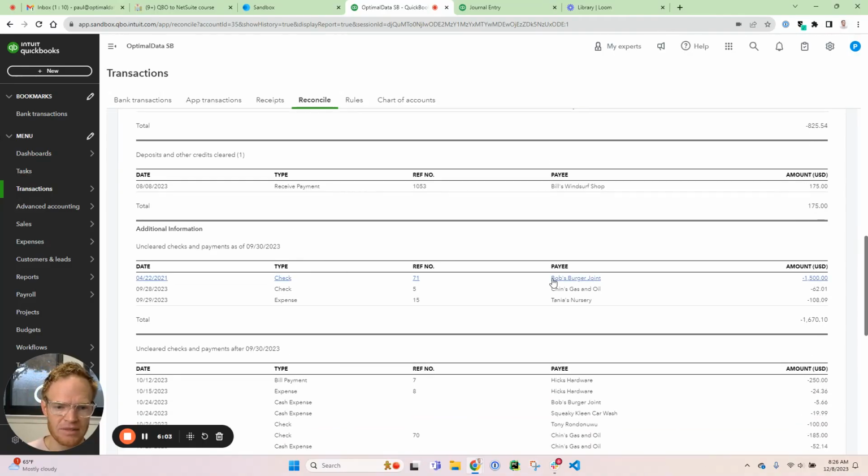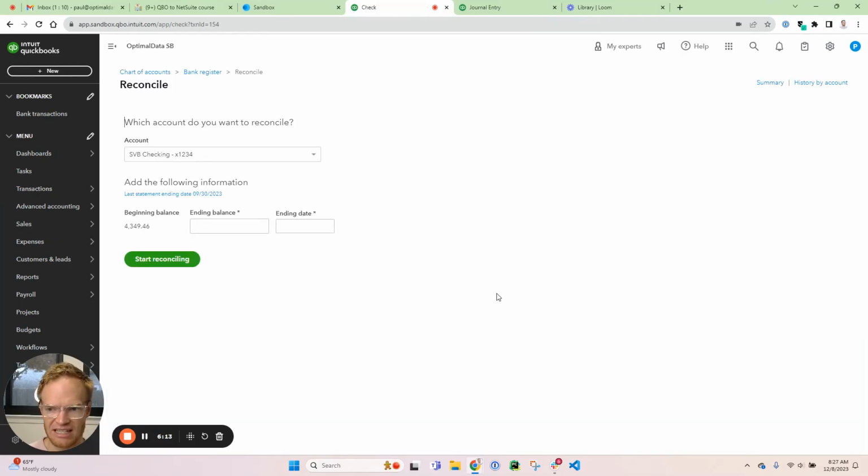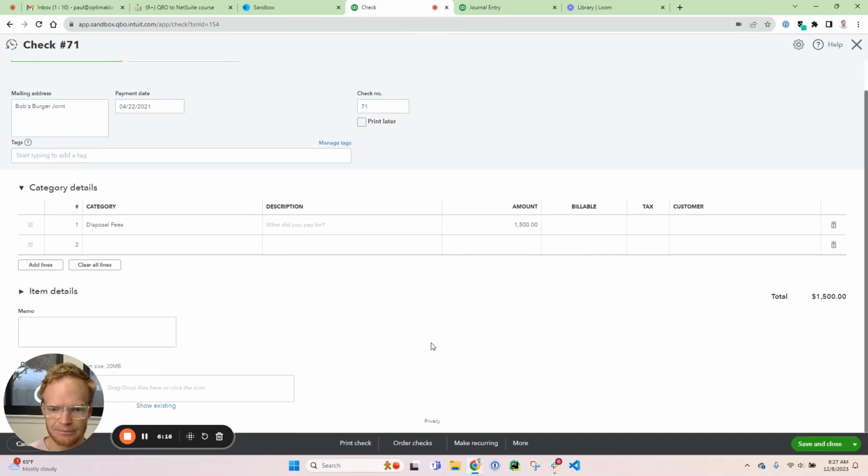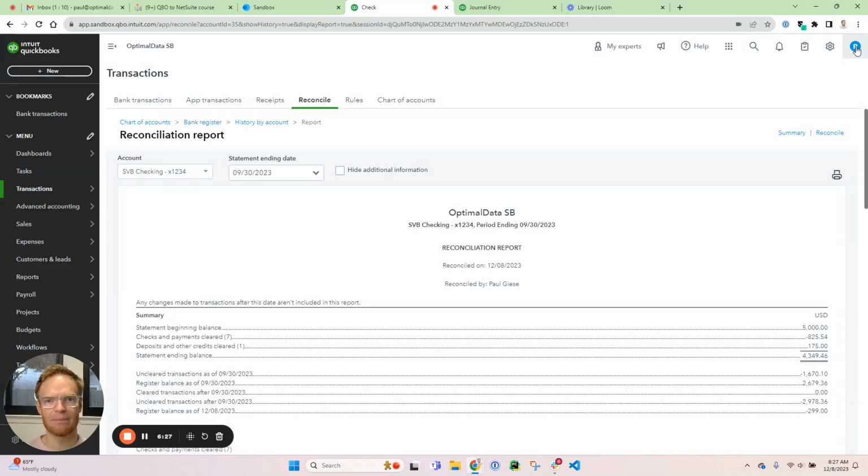The Bob's Burger Joint check here is from 2021, and it's probably not going to clear at this point. So you can void that check. You can just click into this transaction and then click void, and then our accounting team can figure out what we need to do with that. Okay, so those are four cleanup accounting items that you can take care of in QuickBooks starting immediately, and that will make your data migration